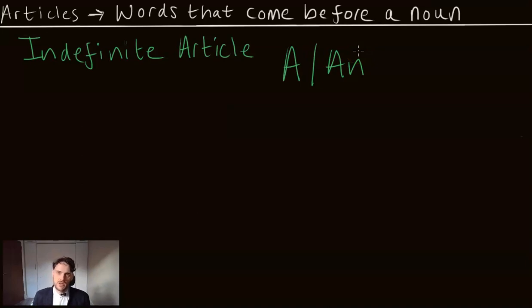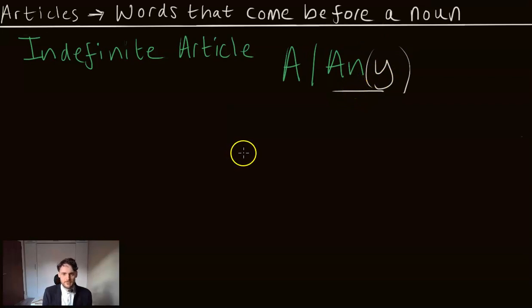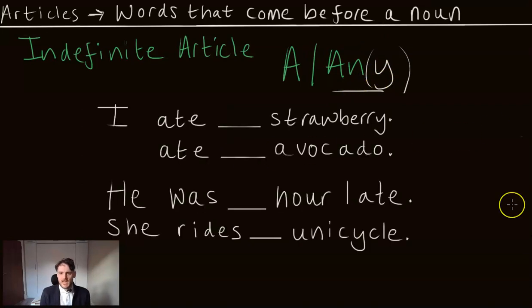And if there's any word that I want you to remember when it comes to the indefinite article, it's the word any. Any. So, if I'm at the supermarket and I see a box of strawberries and I'm like, I'd like some strawberries. And I pick up the box and I take any strawberry and I,